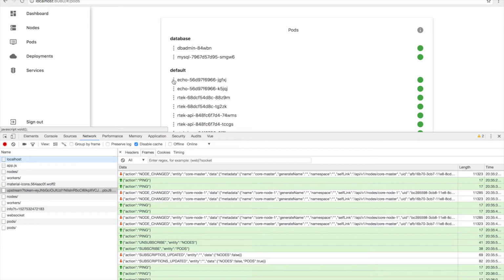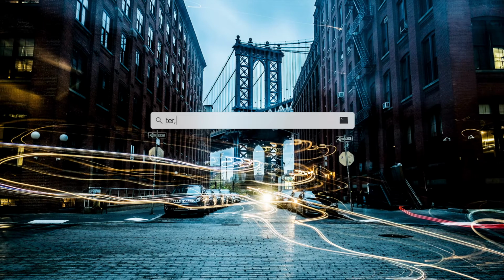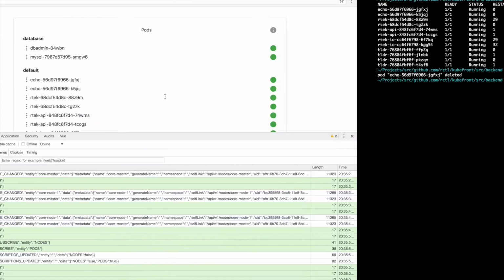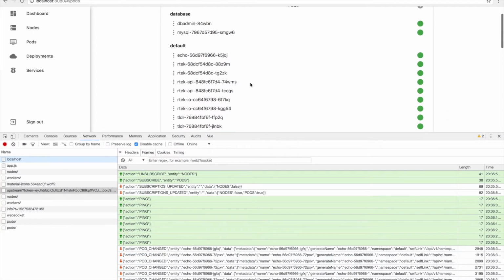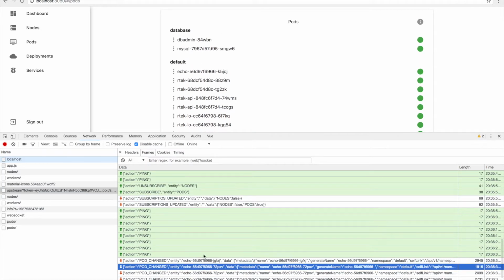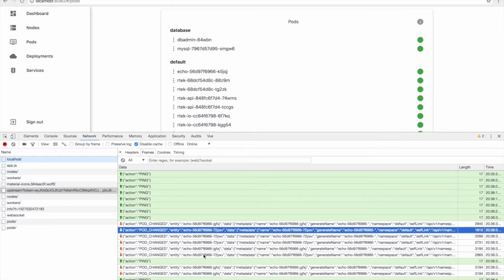So interesting here is that if we go into a terminal, if we open a new tab in our terminal, and then we use kubectl to do something. Let's delete this pod over here. If we do that, then we can see that it disappears and something happens, and then we get a whole bunch of updates here. These are the updates that are triggered when I do kubectl and then delete on that